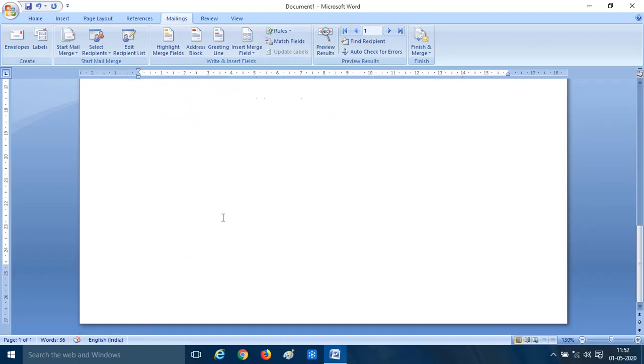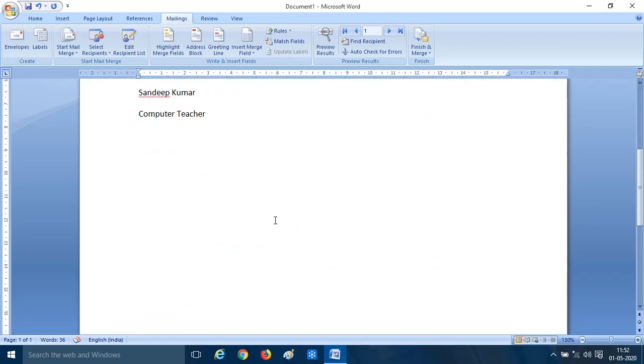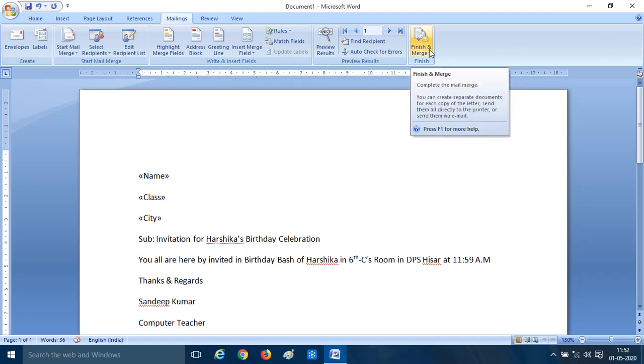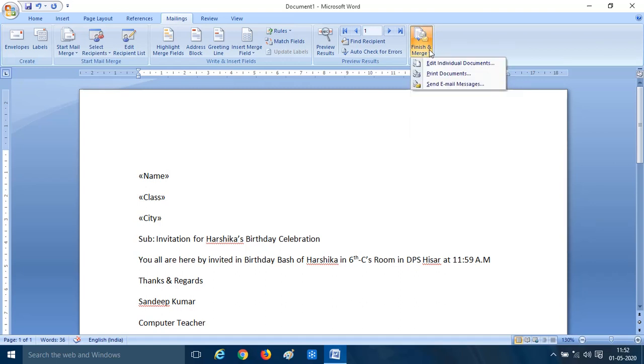Here you can see only one page is there in MS Word. See, again I am scrolling. Okay. Now after that, the last step which you have to perform is the last option of this tab, finish and merge. Click on it. After clicking on it, 3 options will appear. First option, edit individual documents. Then individual documents will be created for all the recipients which you have created in your data source, if you choose this option.